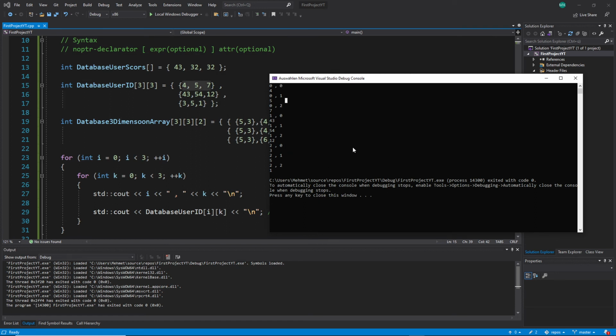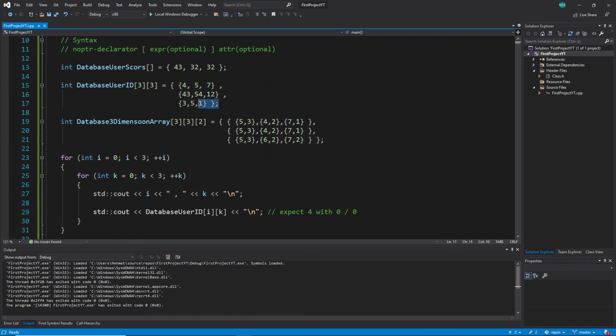So I will not go on as a training. You should do this by yourself. Create an array and create an even more complicated array like this one, and try to figure out if you can create a three-dimensional array perhaps, and try to get these numbers, because this is very important for databases